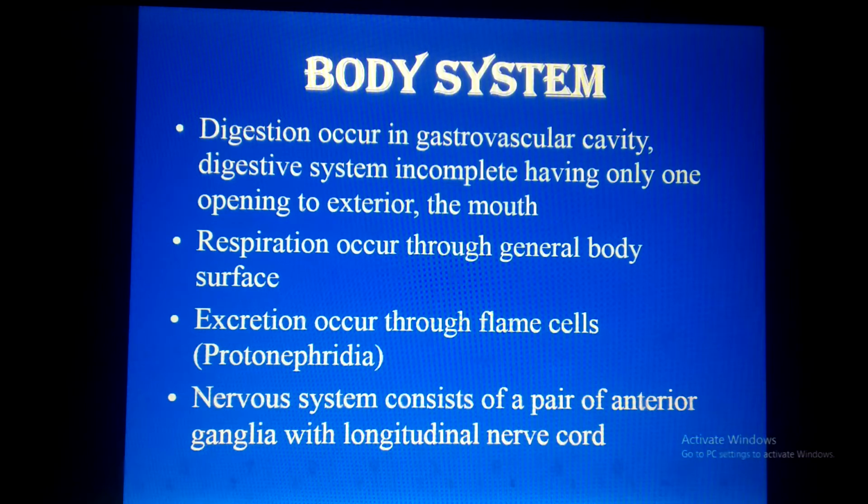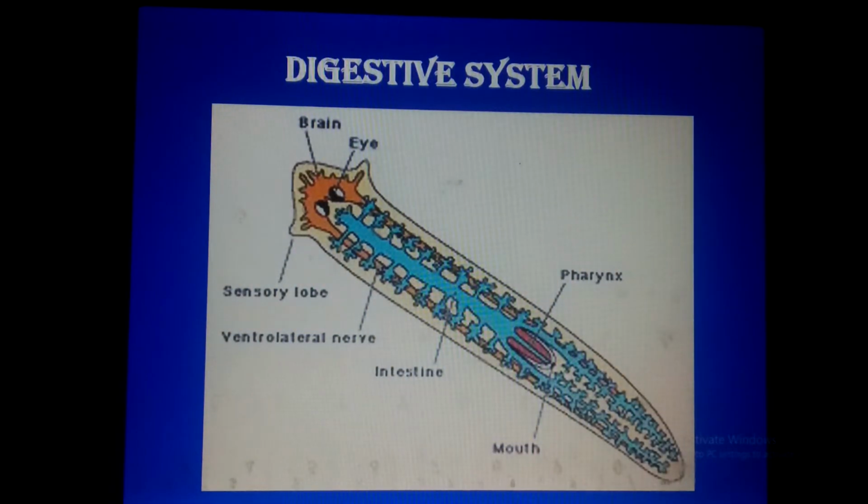They don't have a very advanced and developed body system. Digestion occurs in a gastrovascular cavity. The digestive system is incomplete, having only one opening to the exterior, that is the mouth. There is no anus. They have just one opening, which is the mouth. Like I'm showing you here, this is the simplest digestive system in the flatworm, and